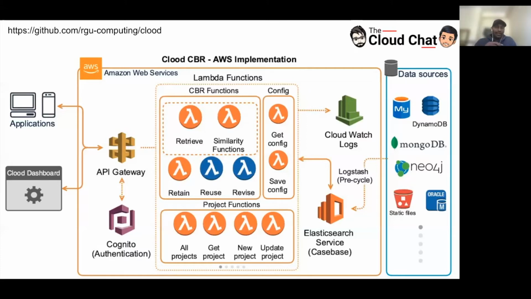functionality. Then on the left-hand side, what we have is the integrated application. There will be a mobile application, web application. It can be any sort of application layer there. And then there's the CRUD dashboard, which controls the entire configuration of the system. So it will handle, okay, these are the input parameters and these are the required fields, and these are the similarity measures for each field. So for example, if it's name, we do a string and we do an equal match or something like that. So that sort of architecture is here.